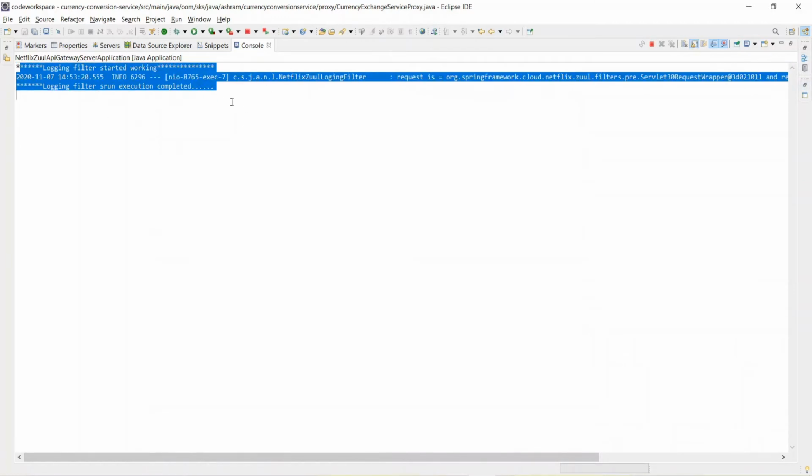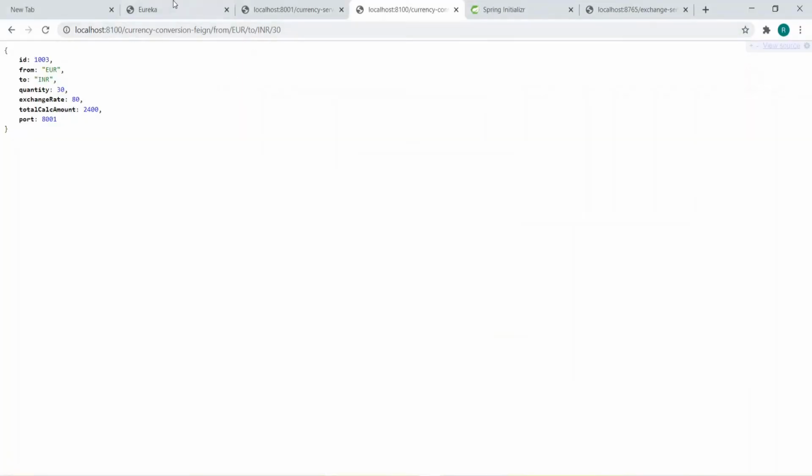Same. So now this request is going to the currency conversion Feign controller and the service URI, and from there it's calling the exchange service via the Netflix Zuul API gateway server that we saw here.